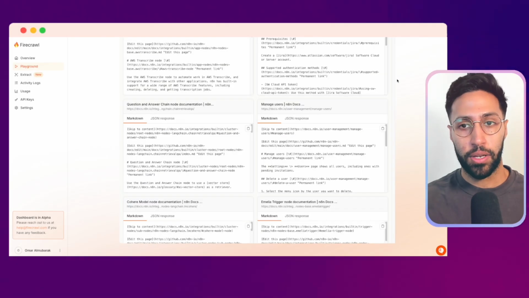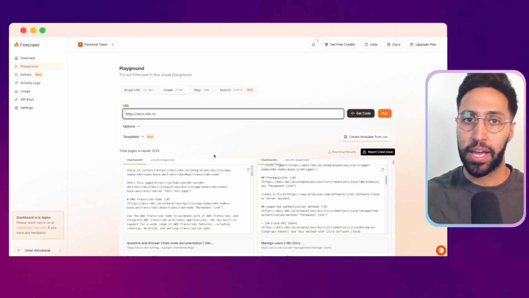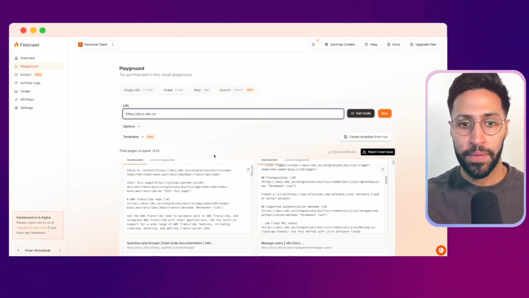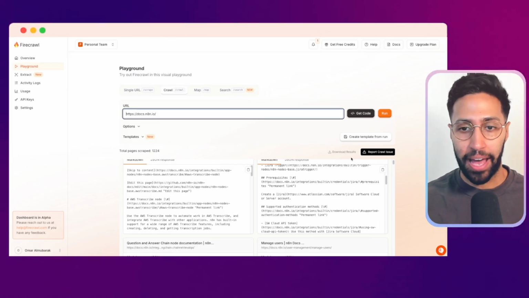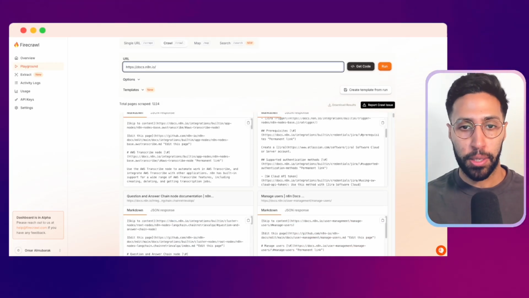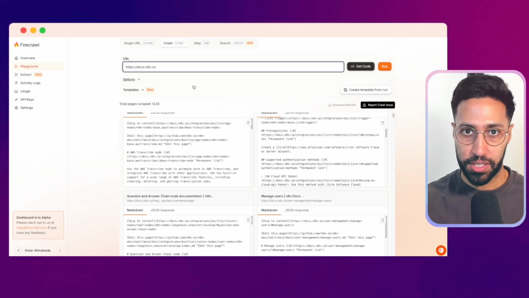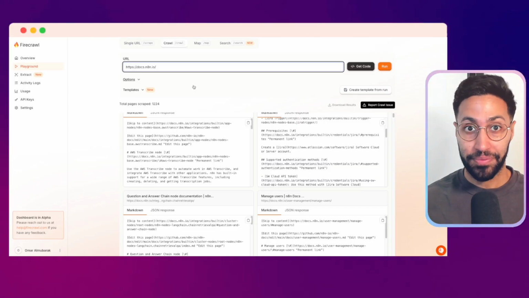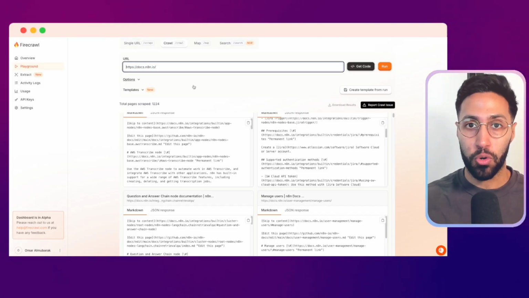I then went and used Firecrawl to scrape all of them. So I scraped 1,224 different pages. Every page that had information about code, about a node, about how all of n8n works, I have it scraped here. And then what I did is I combined this all into one document and I tried to upload this to ChatGPT. What I found was that this was actually way too much information for ChatGPT to handle because it's limited by